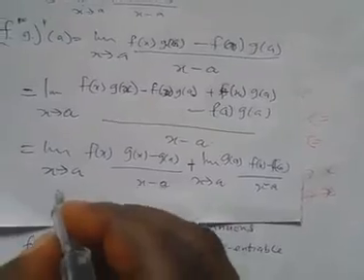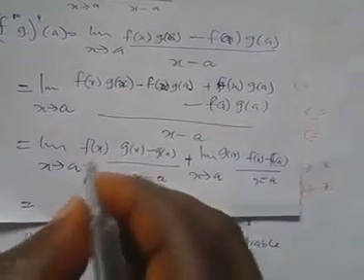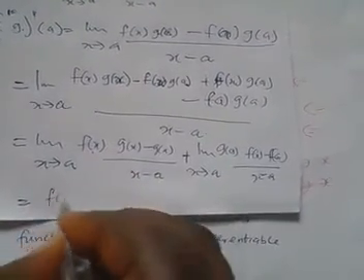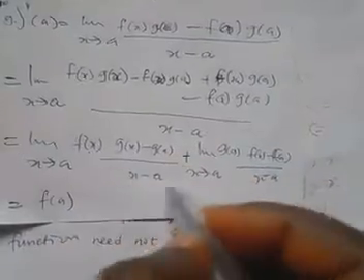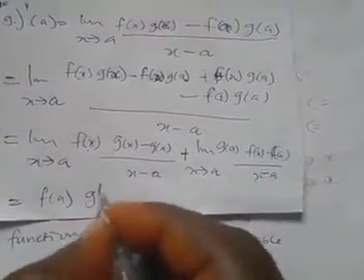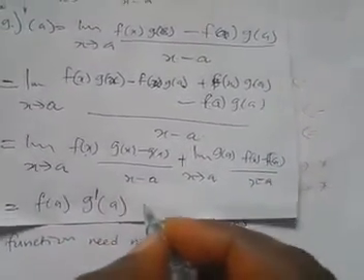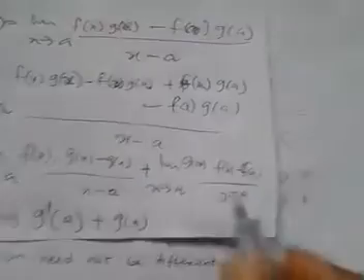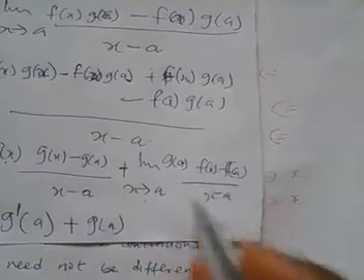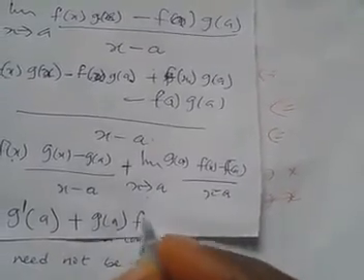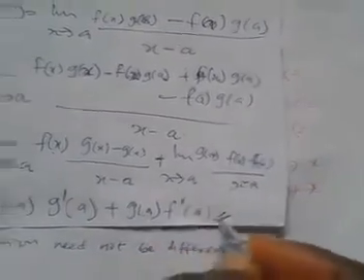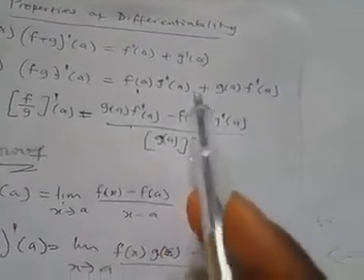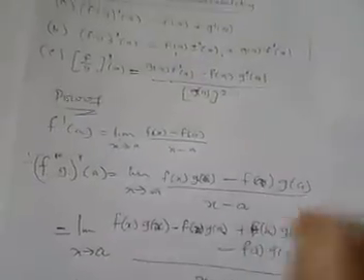Now if you put s to a here, we are going to have f of a. If you look at this definition, it is just the definition of g prime of a, plus g of a is there. I can bring it out. The limit, if you look at the definition here, is just the definition of f prime of a, as required. So that is what we have shown. So we can prove the rest.